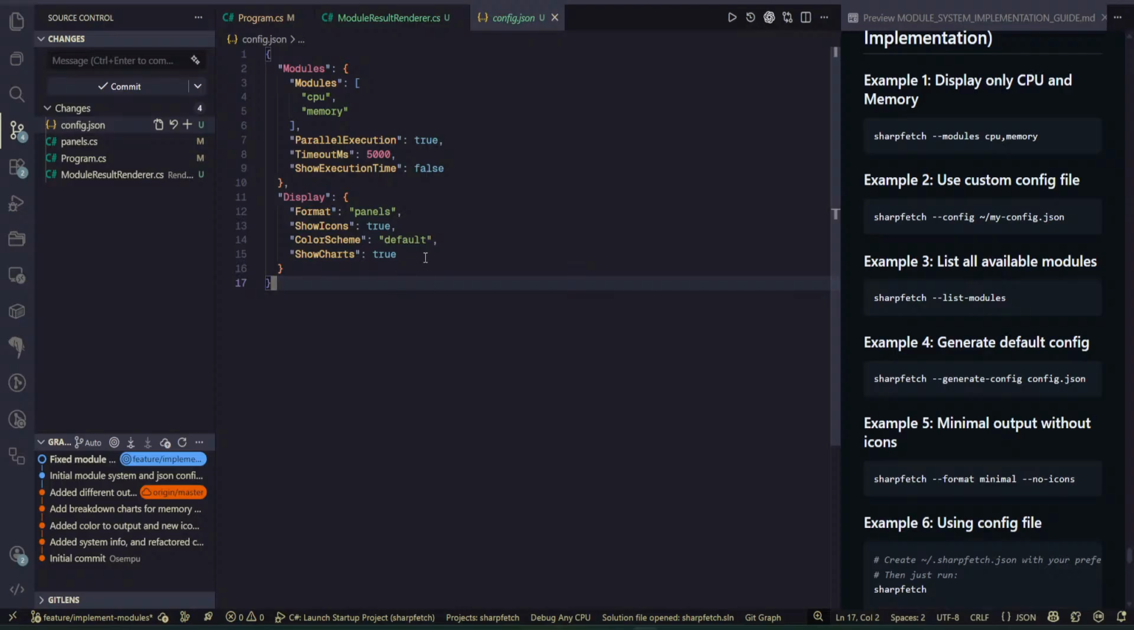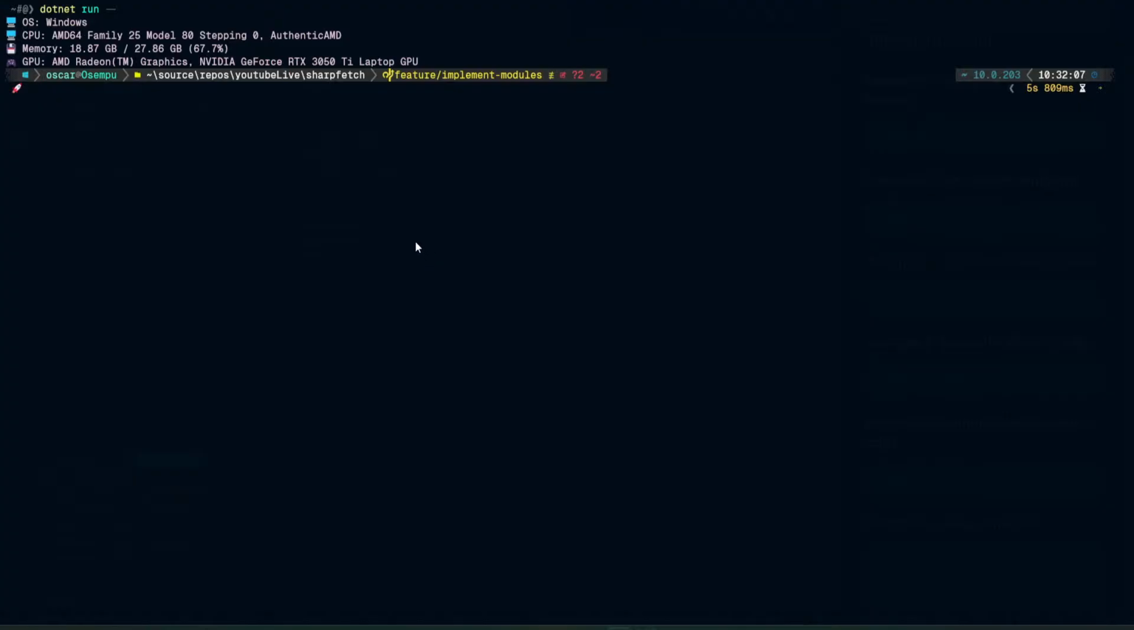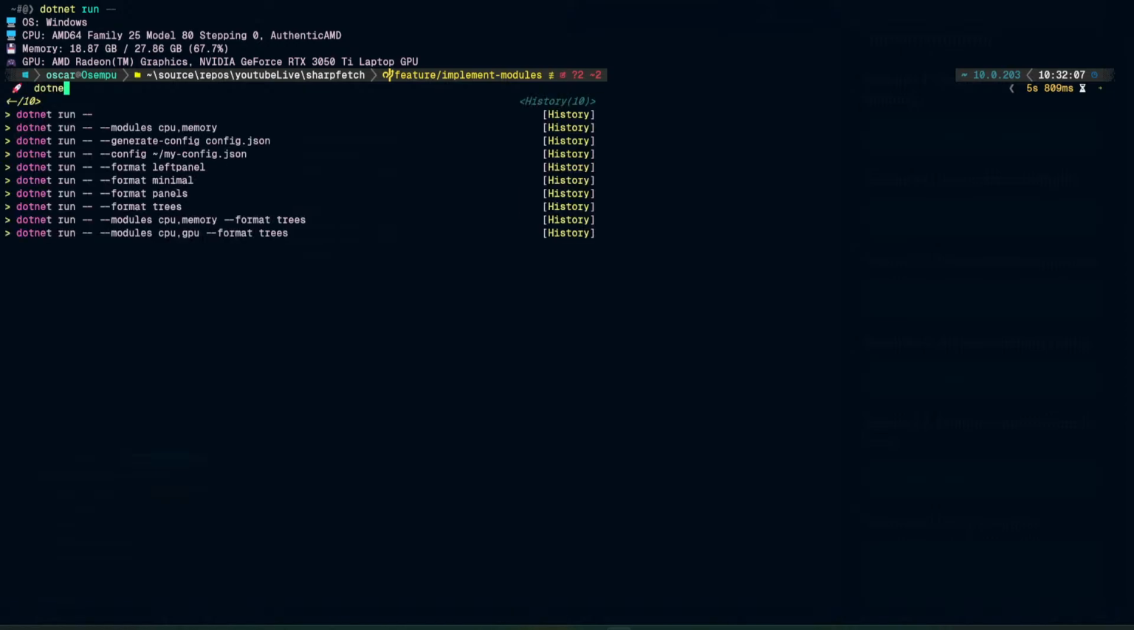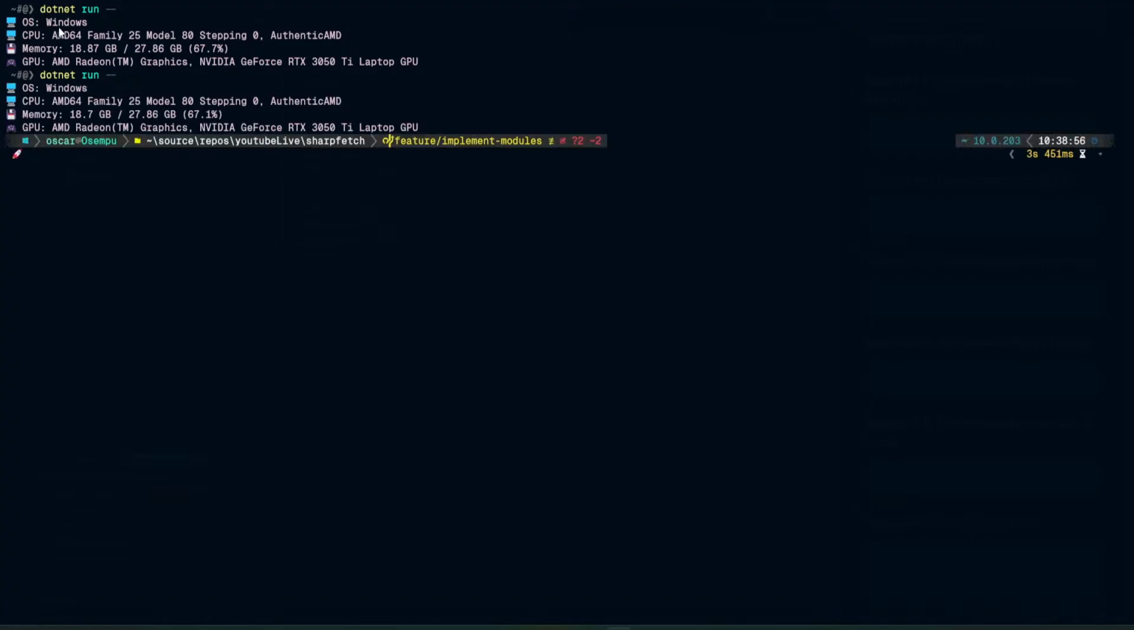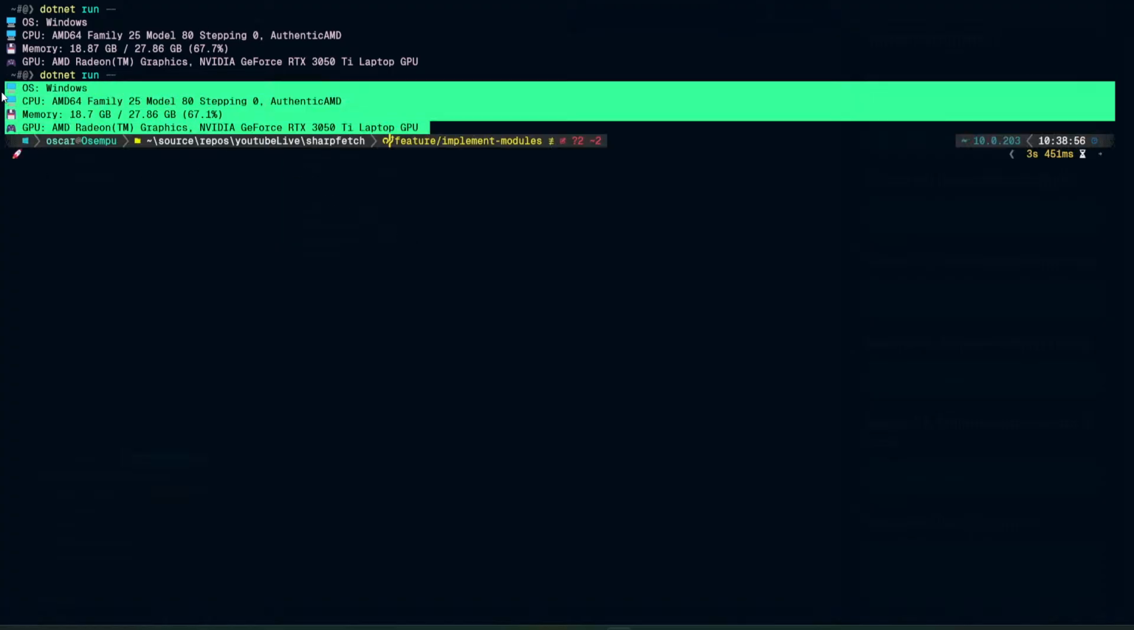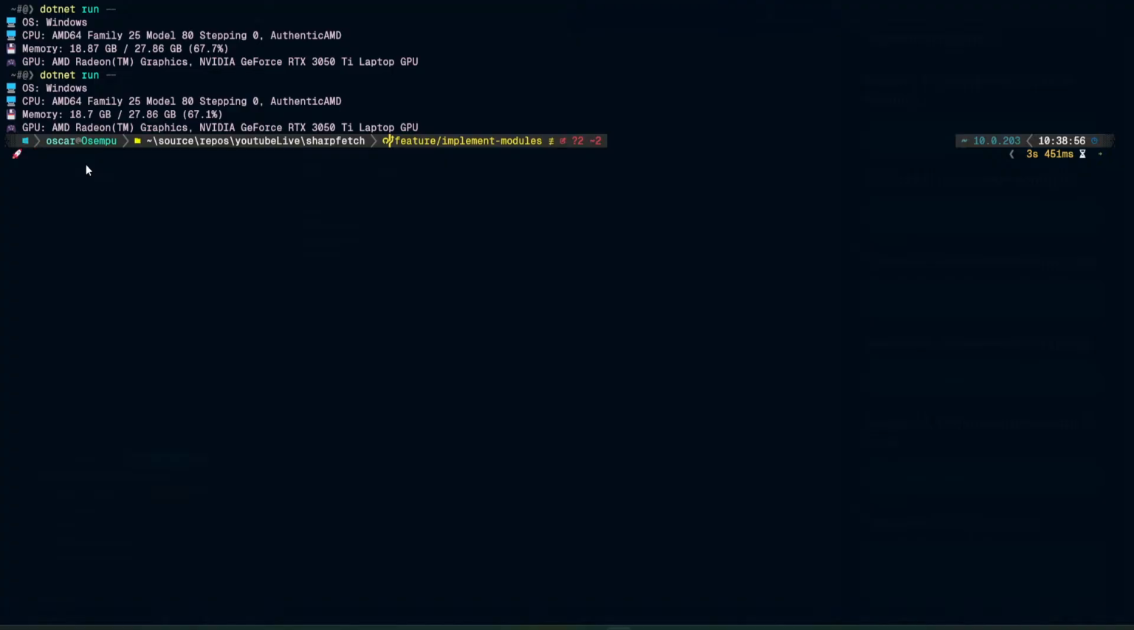So last time we were working on the CLI, and this is the current state of the application. When we run the application, we get these four modules: the OS, CPU, memory, and GPU. Okay, and actually, we were working with